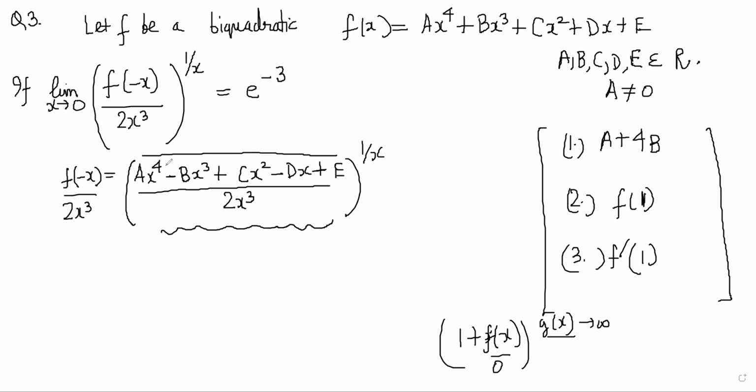This portion is tending to what right now? If x tends to 0, it is in what form? It is e by 0, right? Yeah, e by 0. That is infinite. So you cannot get infinite power infinite. That will blow up, right? If the answer is given and it's finite, then what is the conclusion from there? How did the answer come finite if you are getting something infinite by infinite? The conclusion is that e must be 0.